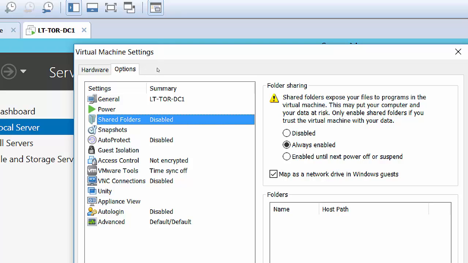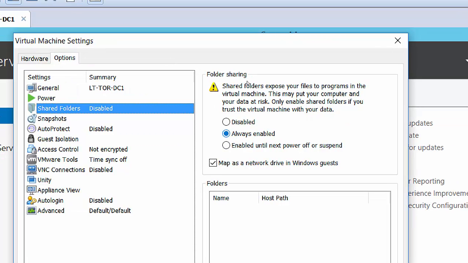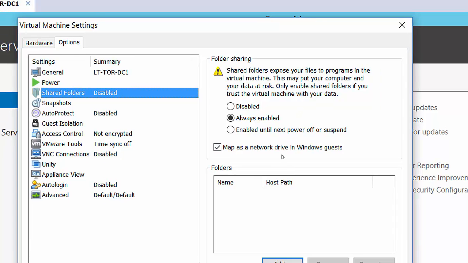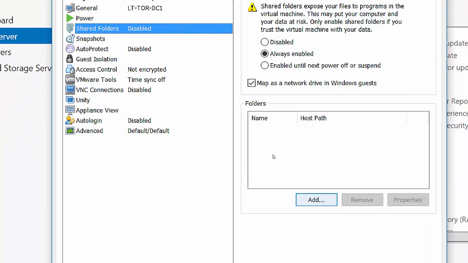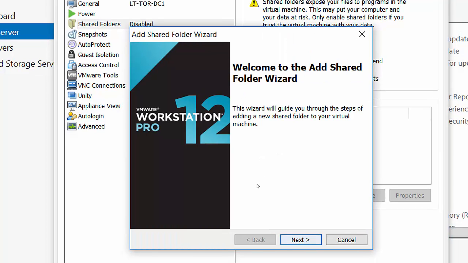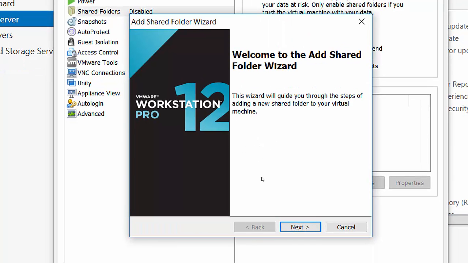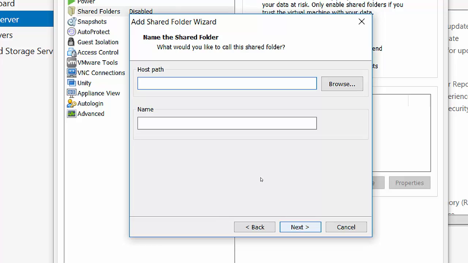click on shared folders and then on the right side select always enabled, the second option. Then check this box, map as a network drive in Windows guests. Then click on add and now the wizard opens, so click on next on this wizard and then click on browse